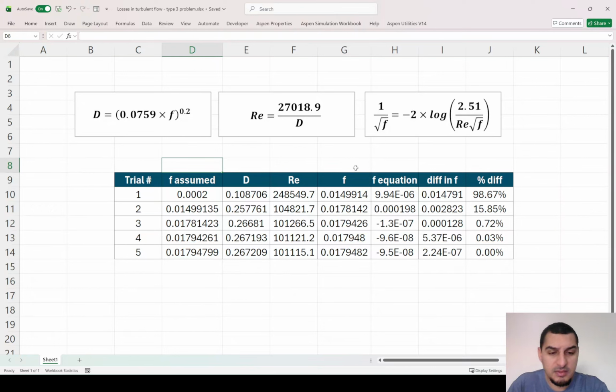Before moving to the next parts in this course, I thought of one thing after we discussed the use of Microsoft Excel to do the iterations or the trial and error solution. One of the steps we went through was that we had to do Goal Seek for each one of these trials to get the friction factor. It's not a big deal, but I think there might be one good thing that you can do,